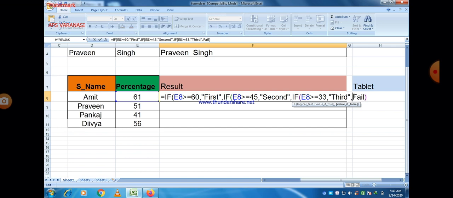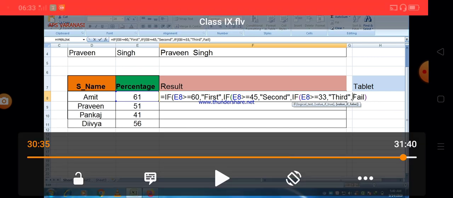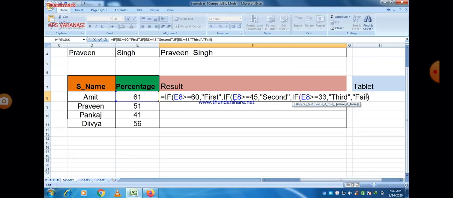Again we have two possibilities. If it is found to be greater than 45, then Second will be printed, and if it is found to be false, then the third condition will be checked, meaning E8 greater than or equal to 33 will be checked. Again there are two possibilities. If it is found to be true, then Third will be printed. But if it is found to be false, then definitely Fail will be printed.